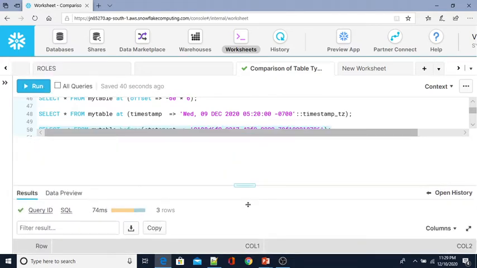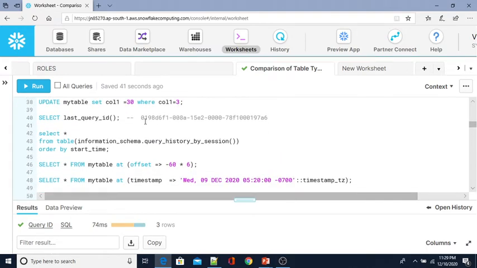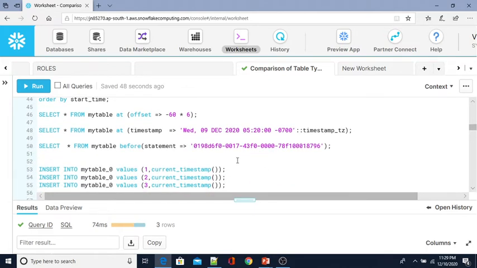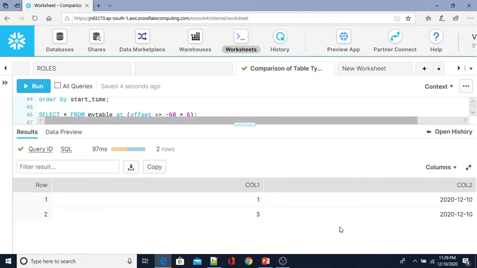Now what I did, I captured one more query id over here, this one after updating. So now let me check, after updating, what is the actual historical data from this table. If you see here, two rows, because I updated 33 as 30, but here I got the 3.